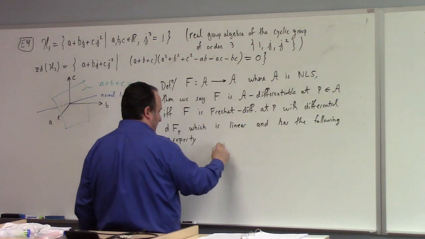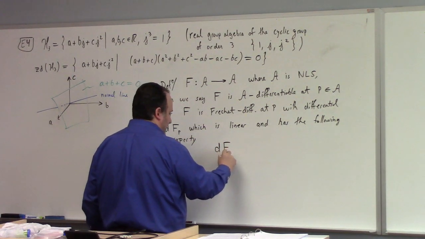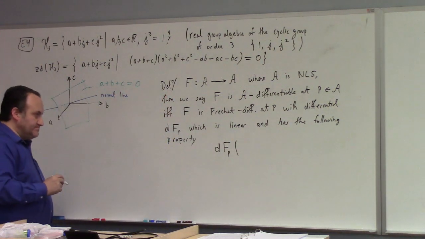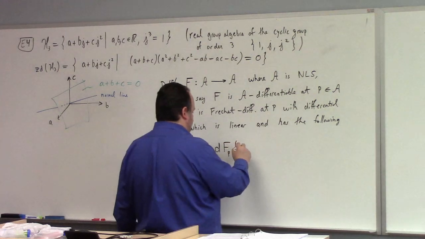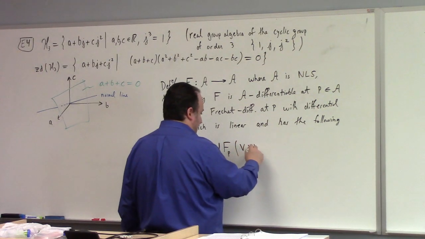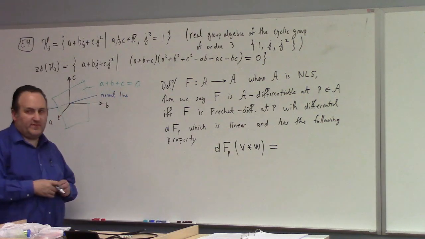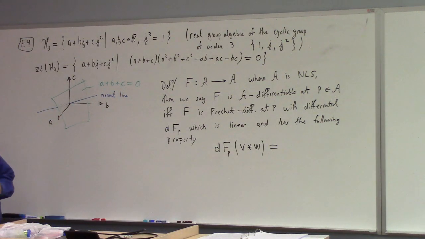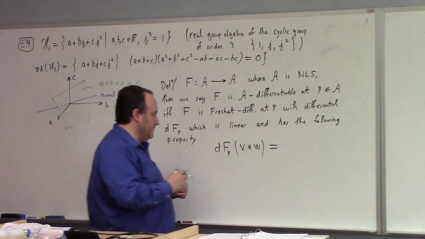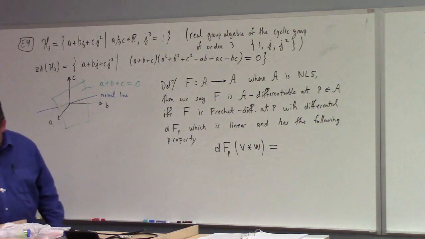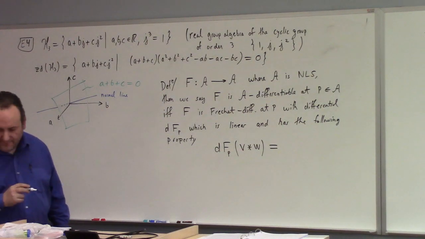Here it is. So what we have is d_P f of v times w, it has to be equal to d_P f of v,